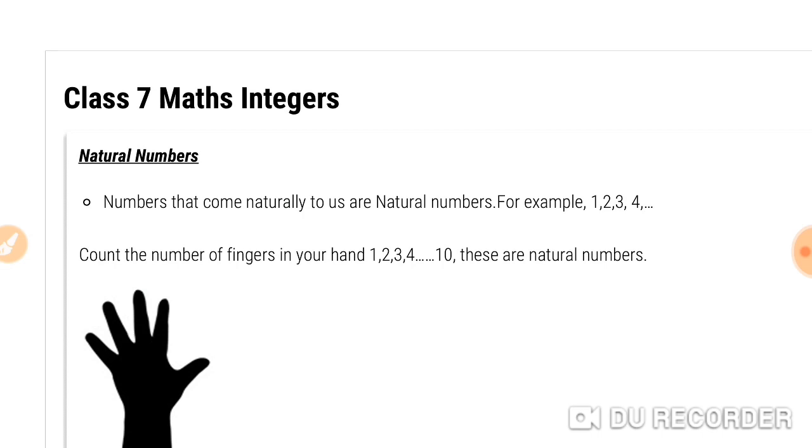Today I am going to start an introduction about integers, the first lesson of the first part of the 7th standard. We are going to start the adding, subtracting, multiplication and division processes in maths. We begin with the primary school itself. From which number we are going to add, by which number we are going to subtract, these addition, subtraction, multiplication and division are all basic operations of maths. These come under the arithmetic of maths.